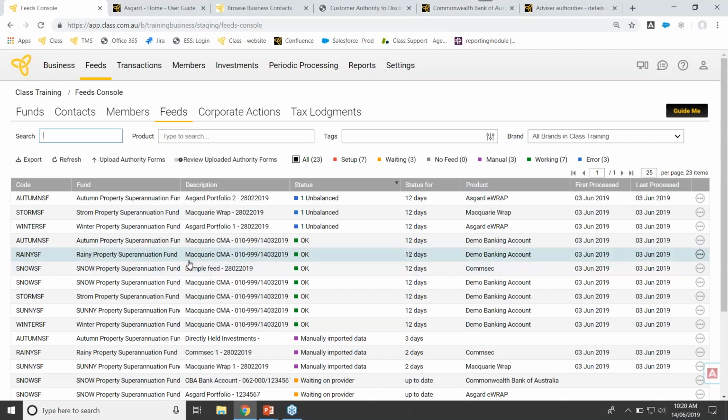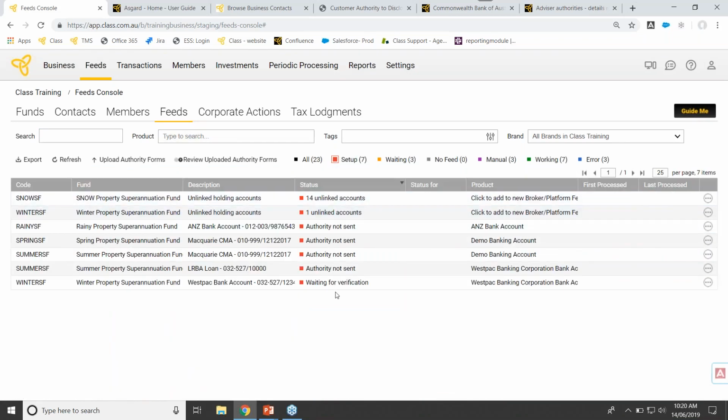So back to our business console. If I go into setup, this is a page that talks about what needs to be set up, an identification process as to, can I even set them? Do I need to mark them as manually imported? Is there a feed available? Did I forget to set up a product? So the first one I would want to show you is unlinked holding accounts. The value of that,